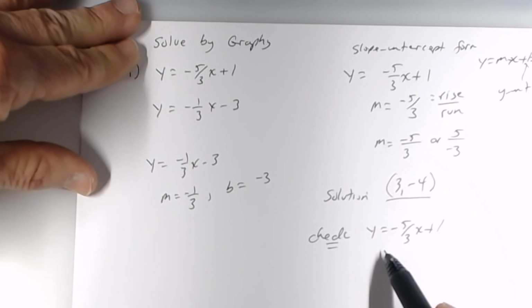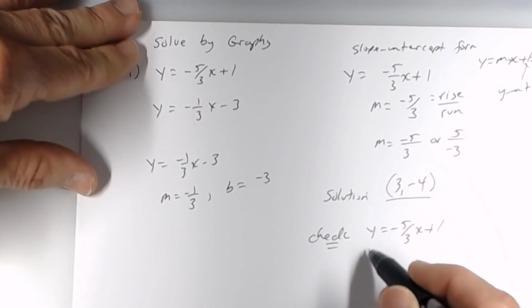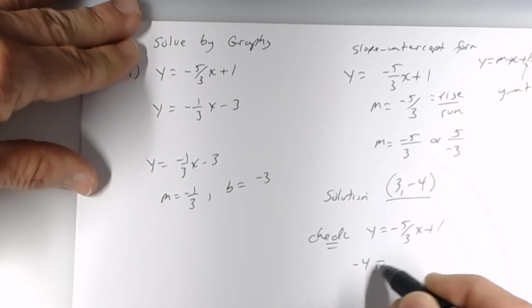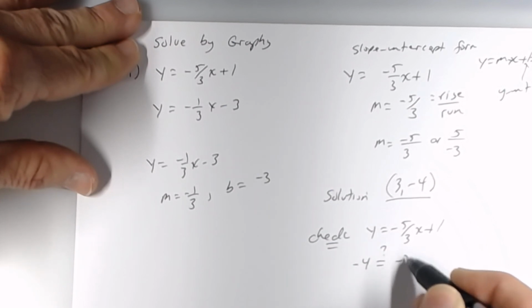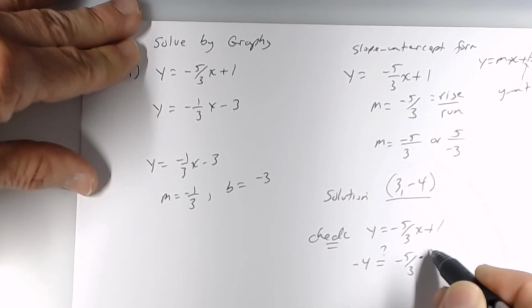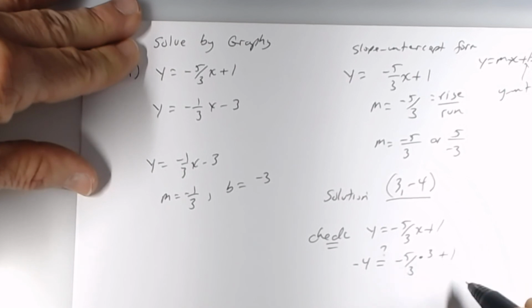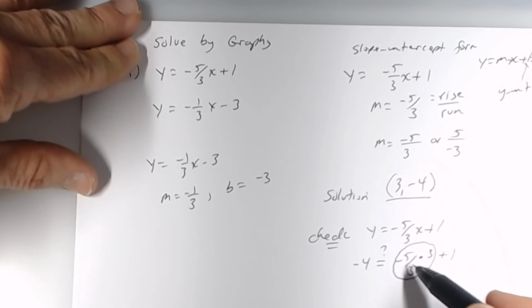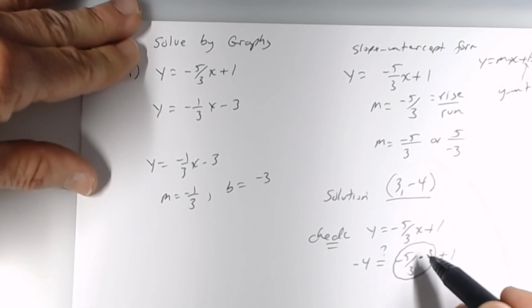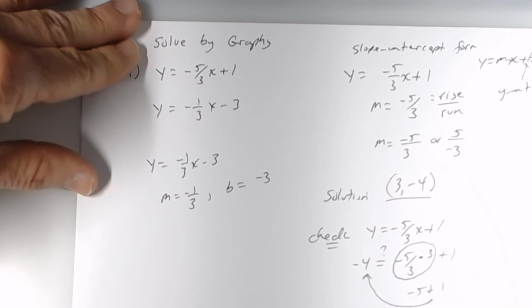In place of x, what will you substitute? 3. So the question becomes this: is -4 equal to -5/3 times x? What's x? 3 plus 1. Well, what's -5/3 times 3? -5. What's -5 plus 1? Which is what this is. So that